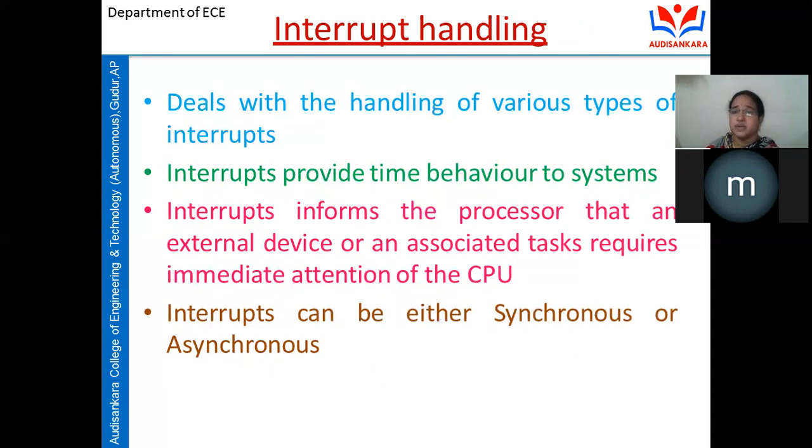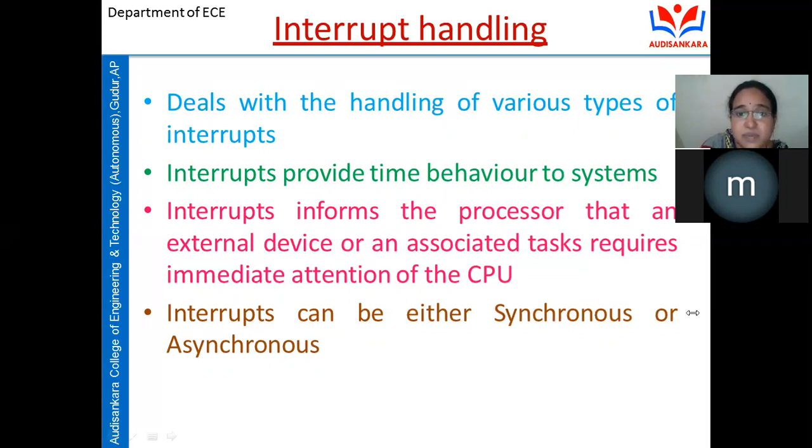So what do you mean by an interrupt? When the processor or CPU is executing a process, a program or a set of instructions, which is frankly speaking the task, some systems, maybe external peripherals, require the immediate attention of the CPU, or internally some systems or exceptions require the attention of the CPU. That may be an internal interrupt, or it may occur due to an external peripheral. So here, interrupts provide timing behavior to the systems.